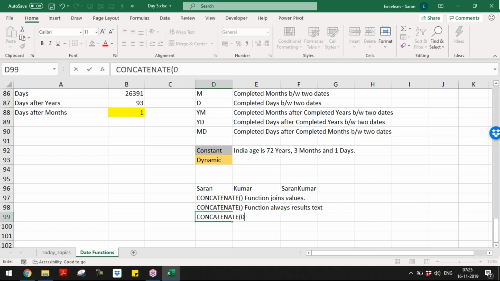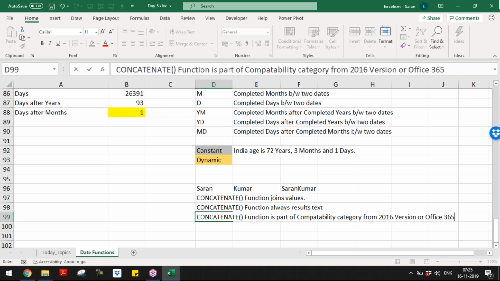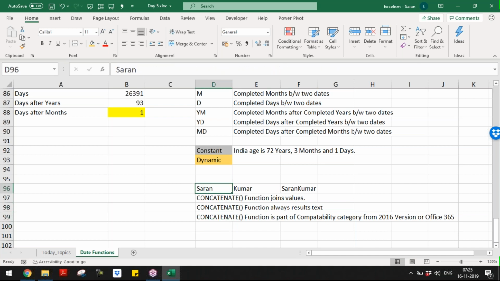CONCATENATE function is part of the compatibility category from Office 2016 version or Office 365. Why they made it a compatibility category?